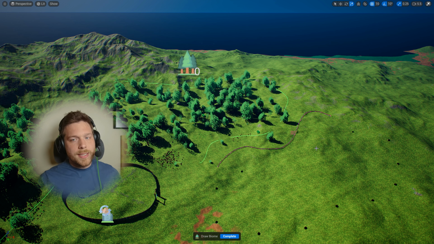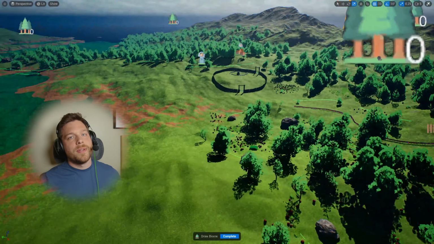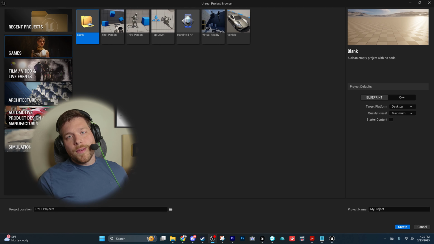All right, let's get into the full tutorial that's going to show you how to make large-scale maps for your game using Massive Worlds inside of Unreal Engine. Let's do it. Now, the first thing that we're going to be doing is creating